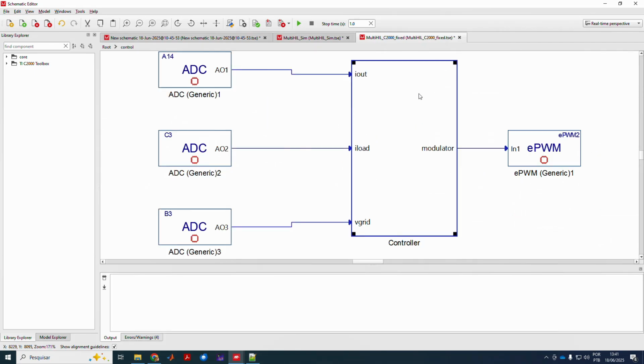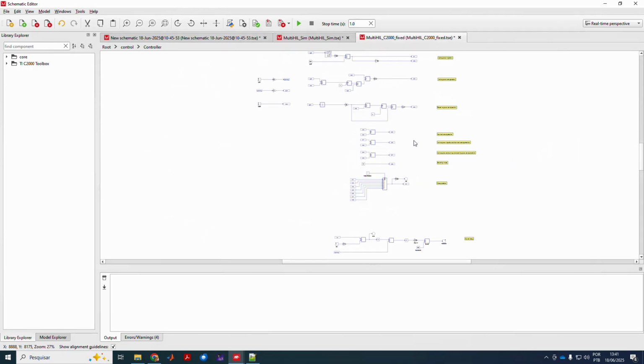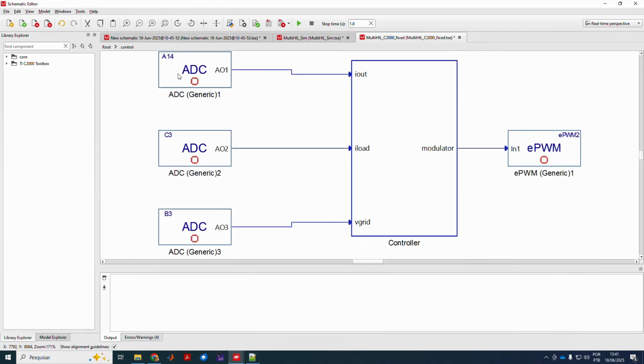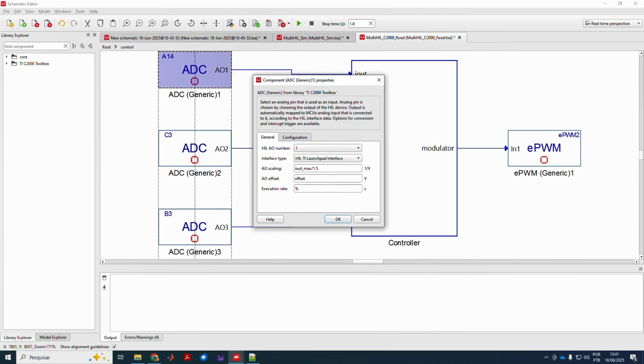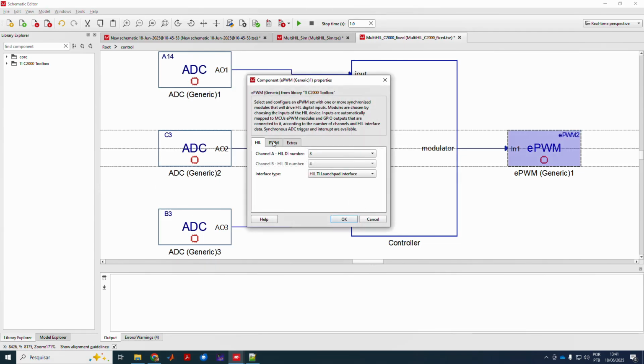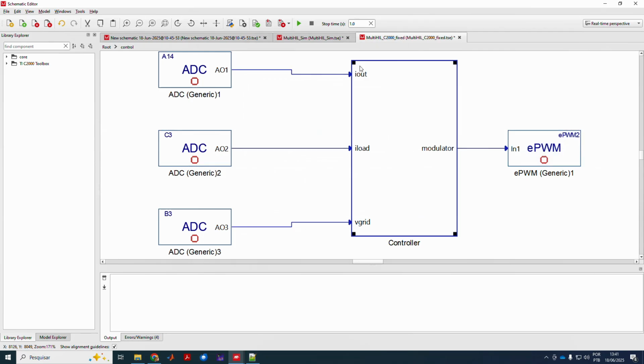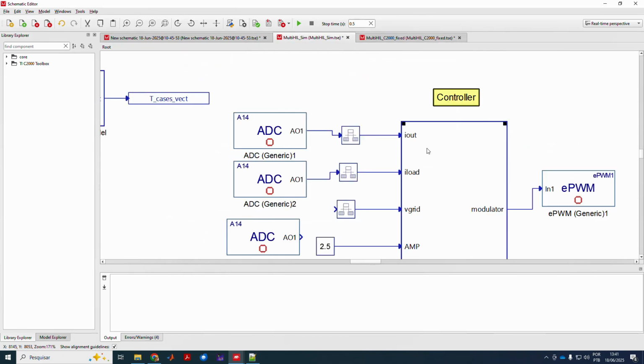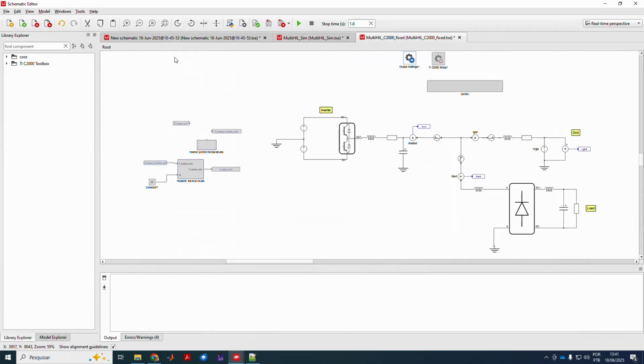The controller is right here. This controller is still the same. Now I have all things with the correct parameters in terms of scaling and offset for this launch pad here. Also the generic PWM. I have here the switching frequency, dead time. But the point is, I just took all my model, all my controllers, and put it in a subsystem,